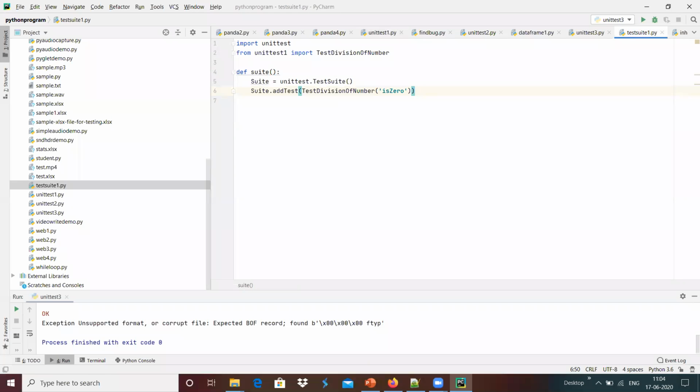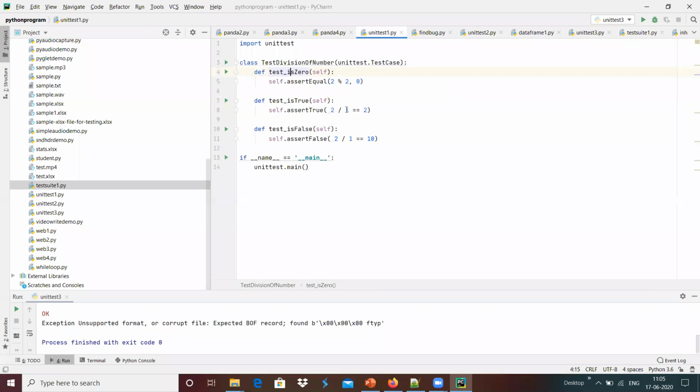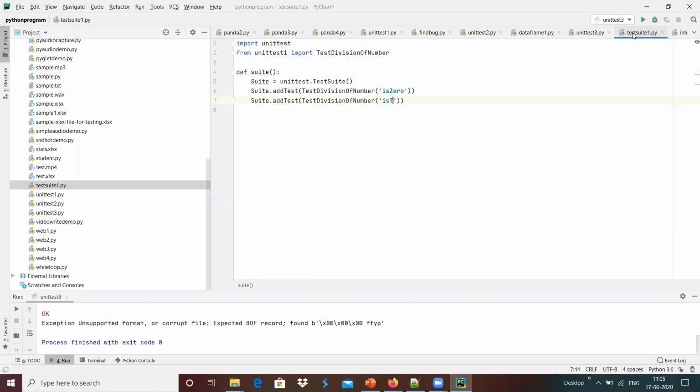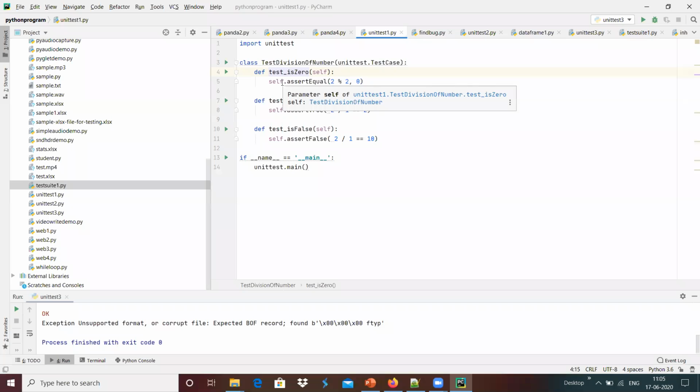And I'm going to add another test case into it. We have another test case. I'm going to add suite dot addTest with TestDivisionNumber, and it has is true as another test case. Basically, the test case should start with test underscore, and the rest is termed as the test case name.